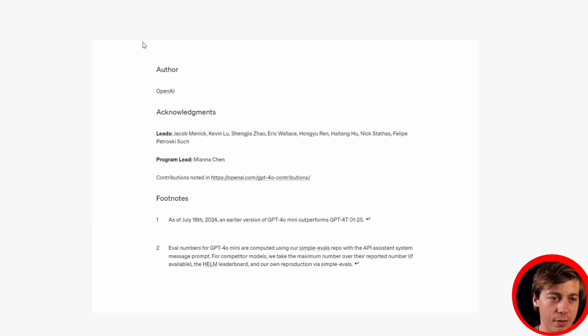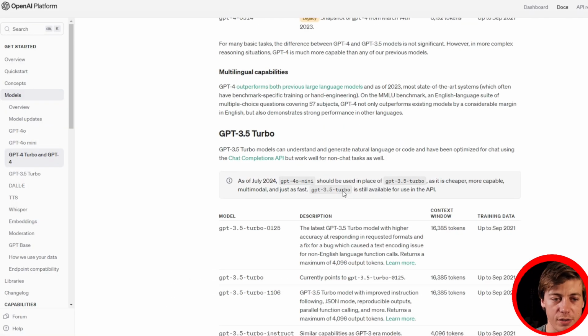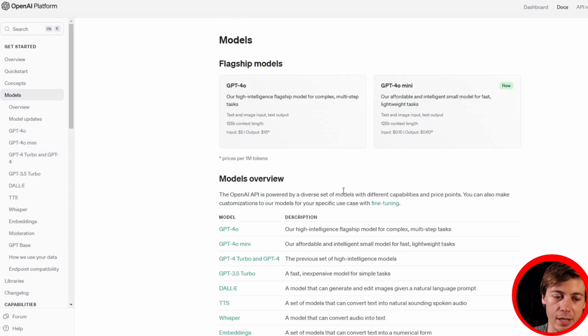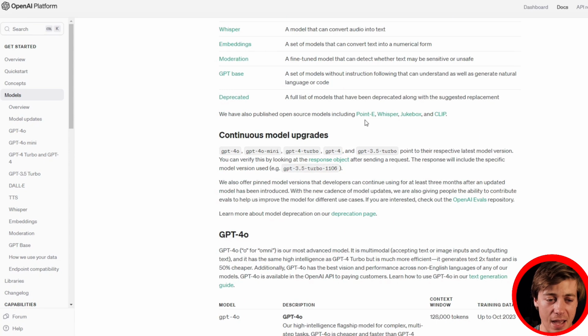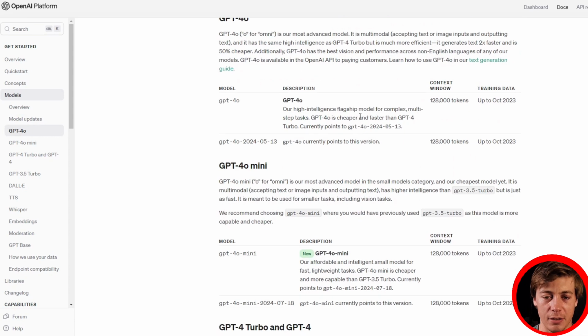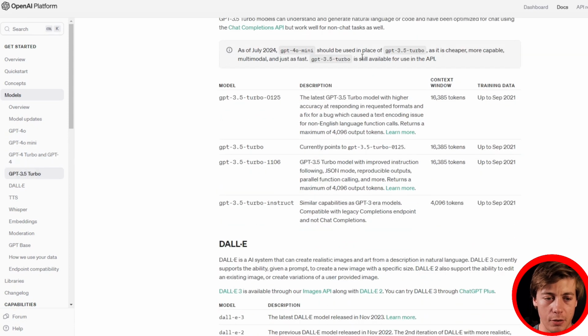So let me show you a few different things as well. So first, if we go over here to the models, you can get even more specifics on this. So right here at the very top, we have 4o, and then we have 4o Mini. This is our affordable intelligent small model for lightweight tasks. Then if you go down here, you get a little bit more information. So context window, 128K tokens, training data, October 2023. And just gives you a little bit more information over here. Compare that to 3.5 though. If we scroll down over here, so this is